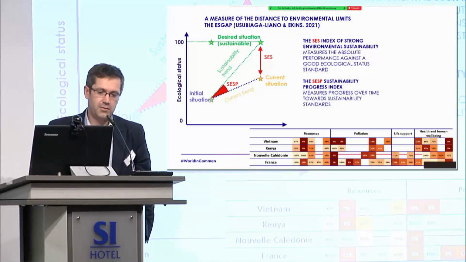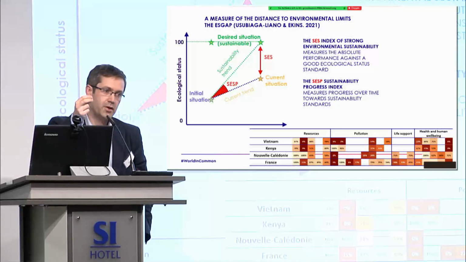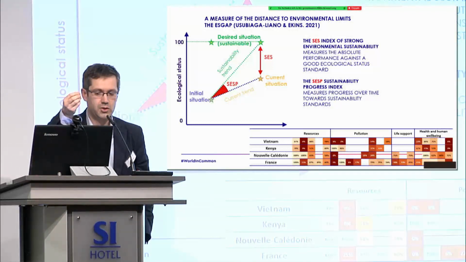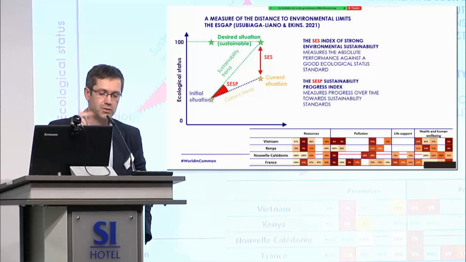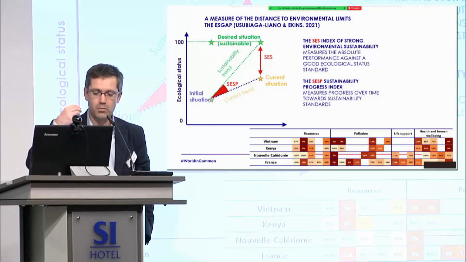The AFD has been recently developing, in partnership with UCL, a measure of the distance to environmental limits. We call it the S-gap. So the idea is to say, how far are you from a desirable situation, and how far have you moved from an original situation? So you can decompose into two different situations. You start at the initial situation, you are now here, and you can already say, okay, how much have you gained? So this is the SESP, Sustainability Progress Index, which measures how much over time you moved towards